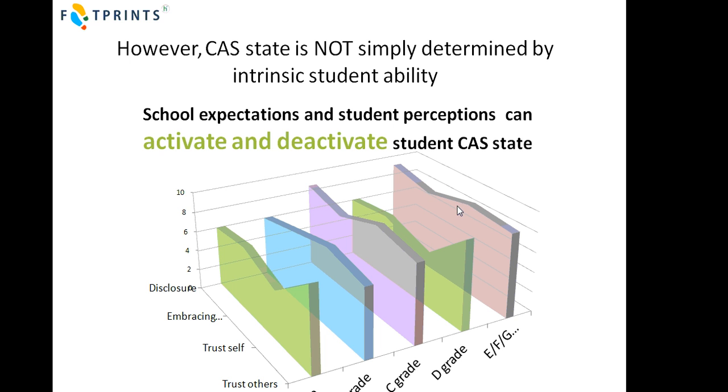There's a degree of complacency here, which seems to be present in both the EFG grades, perhaps because they think that there's no point trying, and also in the C grade students, perhaps because they think they've tried hard enough, because the C grade is the key borderline in GCSE scores. And we know that schools will put a great deal of effort into this D grade population here to try to persuade them that they can get up to a C grade. And that school expectation and the student perception is clearly having an activating or deactivating effect on our students.